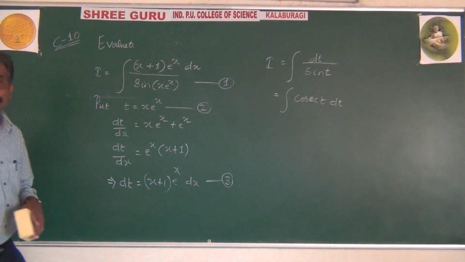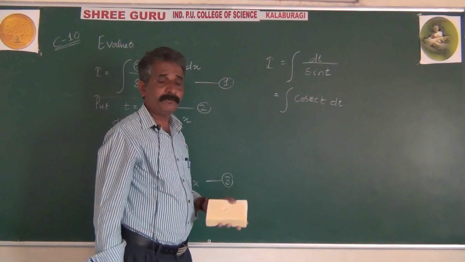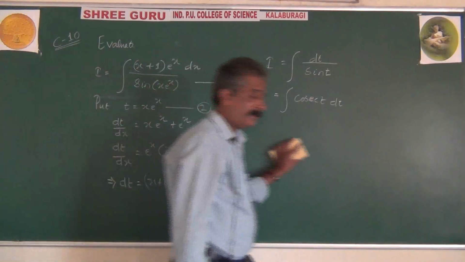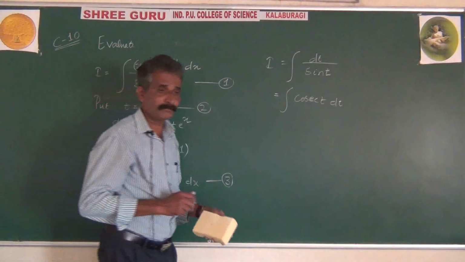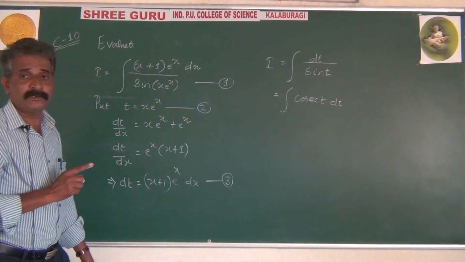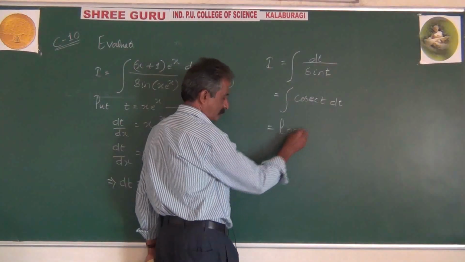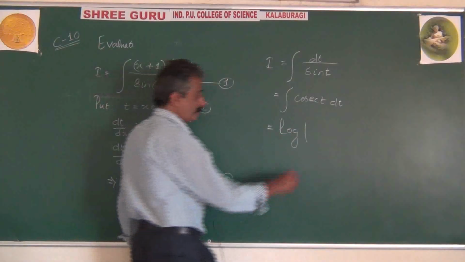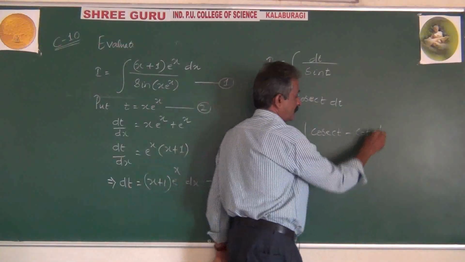Therefore, list of formulas. I told you to write all formulas on a separate page and keep it in front of you, and try to read some formulas frequently, every now and then. So by using the integration of cosec x formula, see the list, what you can find is that the integration of cosec x is log of (cosec x minus cot x). So here log modulus can be taken. Log of modulus of (cosec t minus cot t) plus constant c.